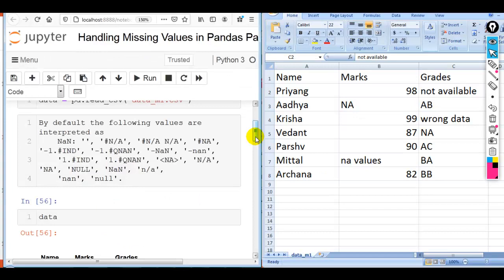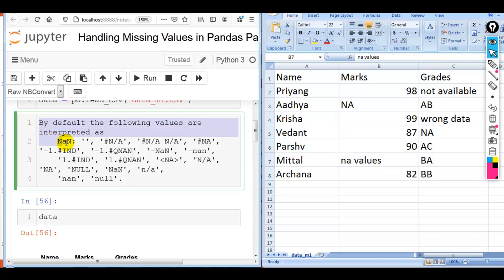Please remember, the na_values parameter is used to tell Pandas to consider not available, wrong data, NA values or any other values which are not part of the default strings. Then we have to tell Pandas explicitly, hey Pandas, please convert these values also to NaN, using the na_values parameter.